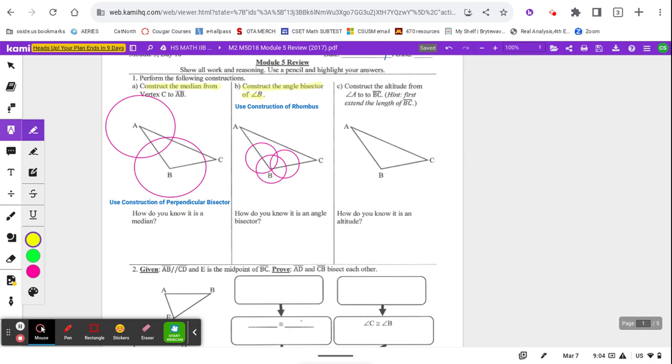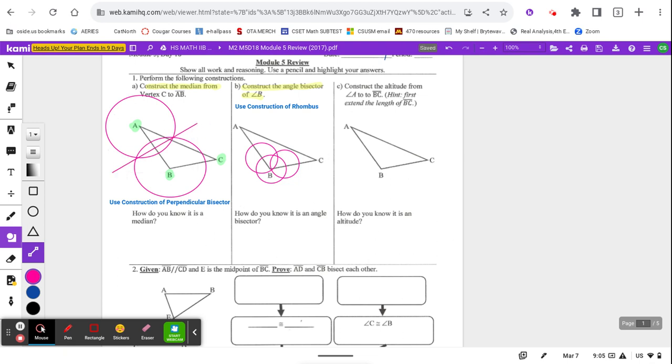So looking at the first one, how do we do the construction of a median from vertex C to side AB? We're only going to have to do a perpendicular bisector on side AB in order to get that midpoint and then connect it to the vertex. So we're going to go straight through right here, circle around A, there's my first circle around B, and then please connect